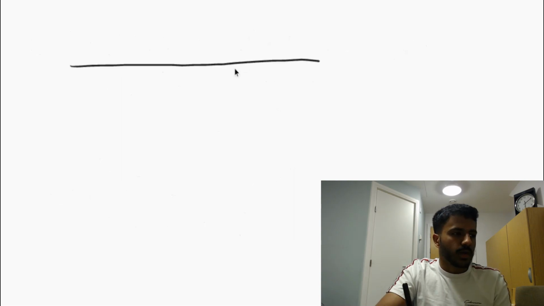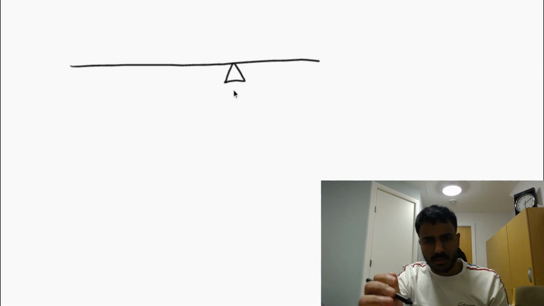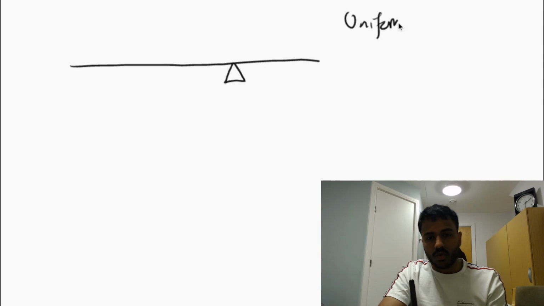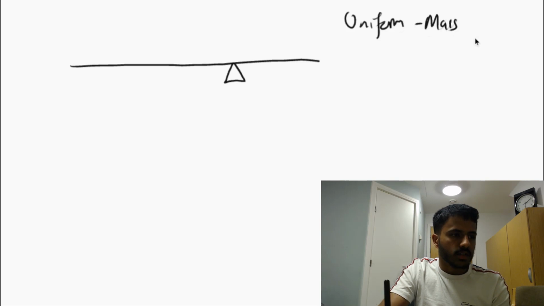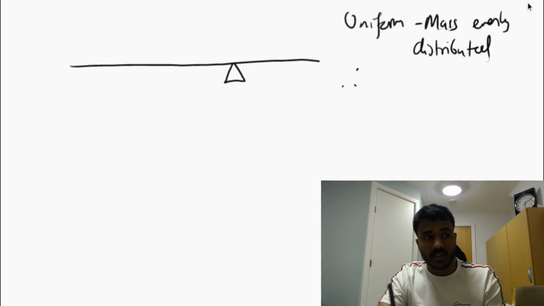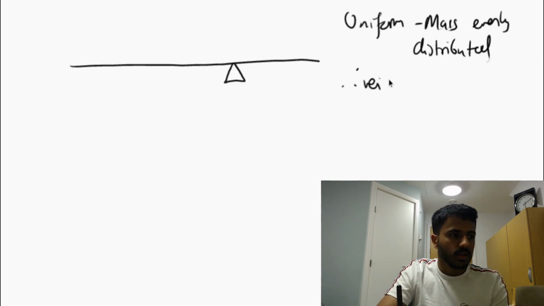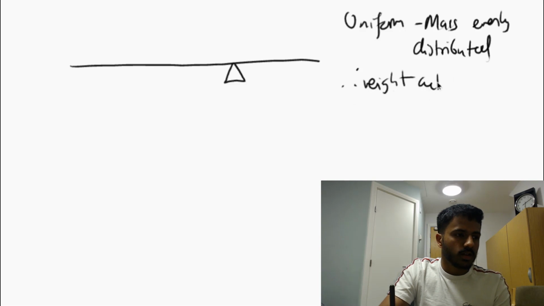Let's say I now have this plank on its own and I've pivoted it here. Let's say that this plank is 100 centimeters long and it's uniform. Now, what uniform means is that the mass is evenly distributed. And what you can therefore say is that the weight acts through the center